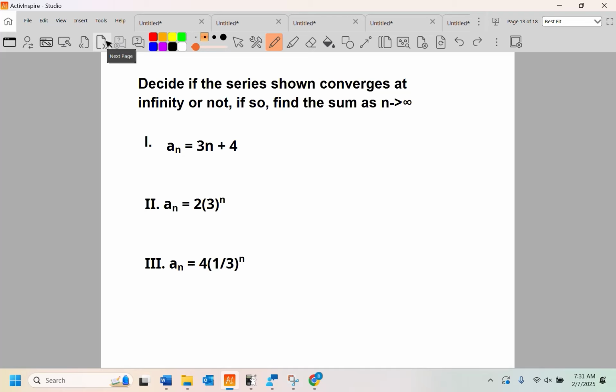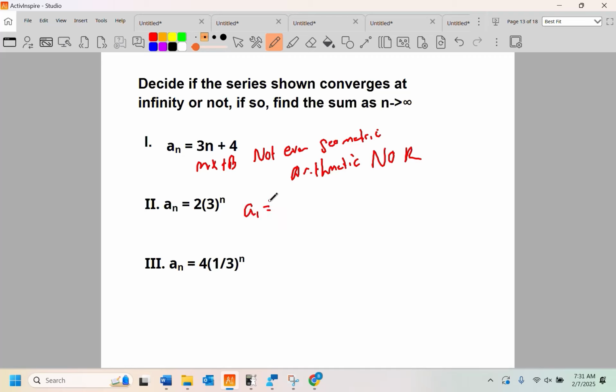All right, decide if the series shown converges at infinity or not. Find the sum as n approaches infinity. Now this one looks like mx plus b, so it's not even geometric. It's arithmetic. There is no r. All right, so on this one, I can look at it and tell you that the ratio is 3. Not everybody can. So if I plug in a 1, I'll get a 6. If I plug in a 2, I'll get an 18. If I plug in a 3, I would get